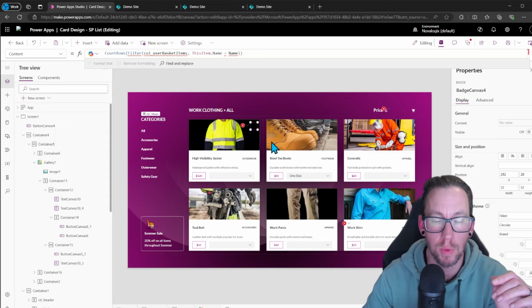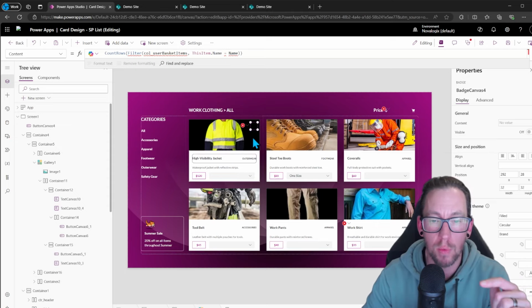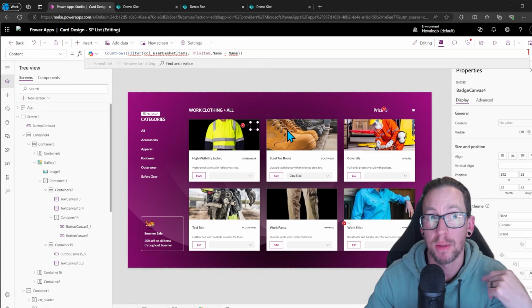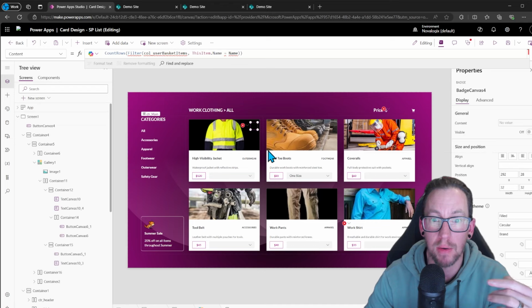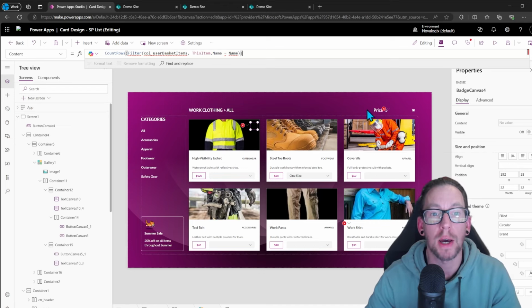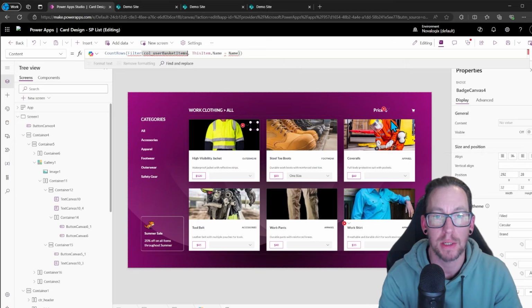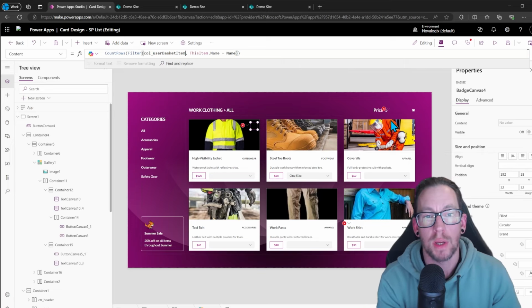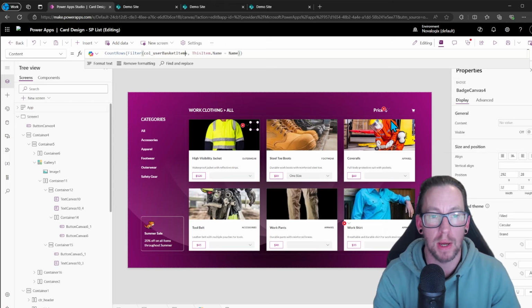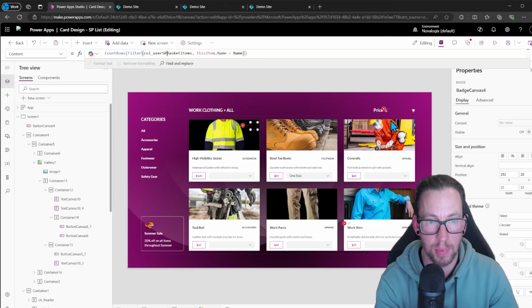Now this is an interesting one because I might have multiple different sizes of the same thing, so I can't just count the number of items. I actually need to count how many high visibility jackets across all the items I've got. Now we can do that pretty neatly actually, because we can count and filter from our new user SP basket